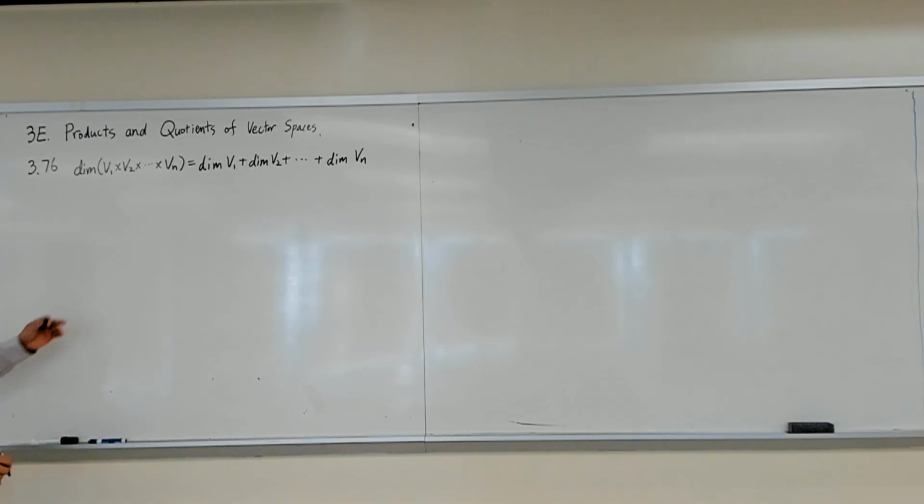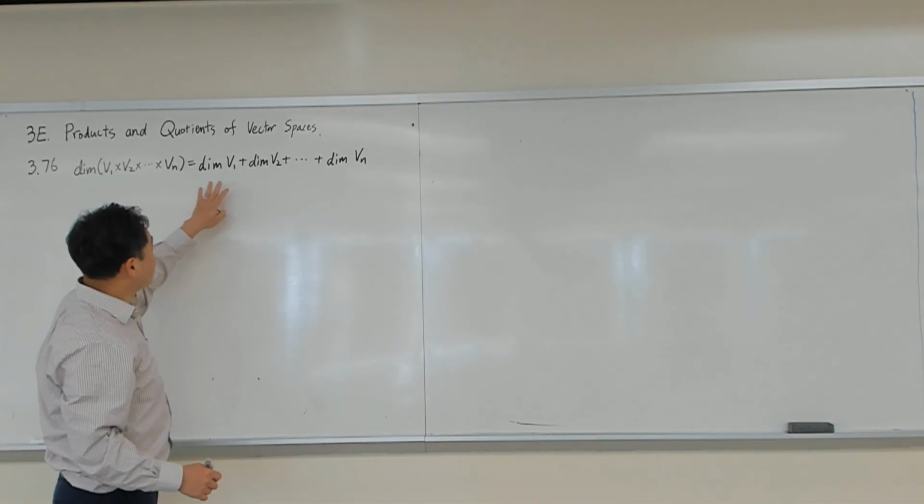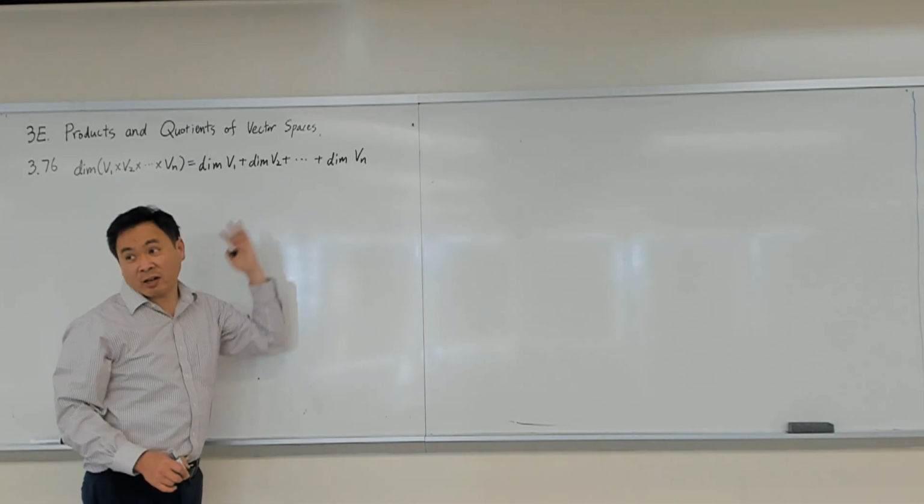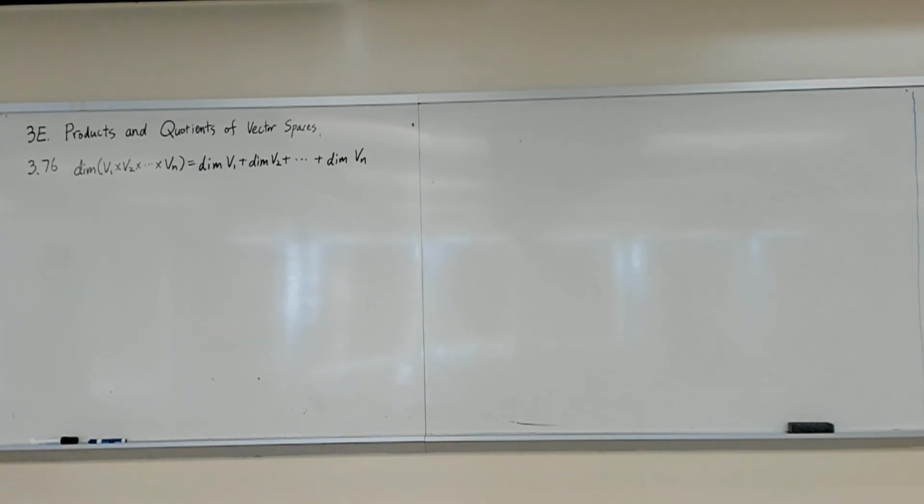Okay, the first meaningful theorem in this part of product spaces is the fact that the dimension of the product space is the sum of the dimensions that make up the product space. Now, the book just explains this in words,